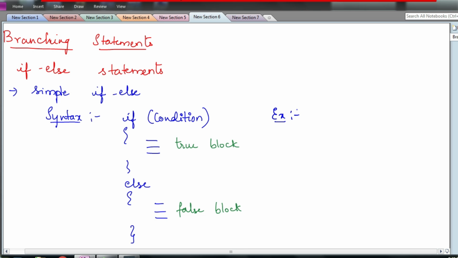Let us assume we write a program to find out whether a given number is positive or negative. There is a variable called num, and we have entered some value. Using a scanf statement, we have stored that value in the variable num. Now I have to check if num is greater than 0. If num is greater than 0, printf positive.